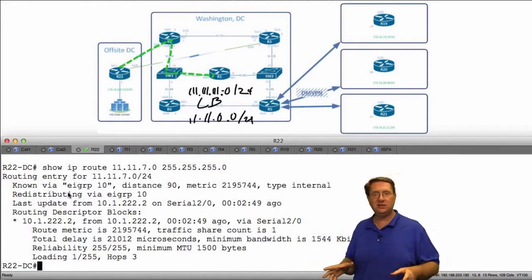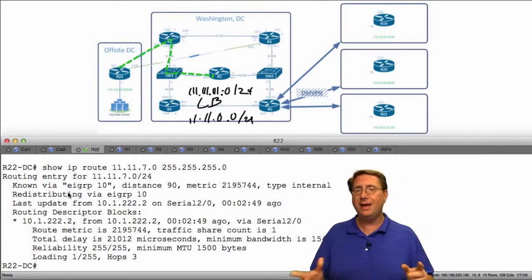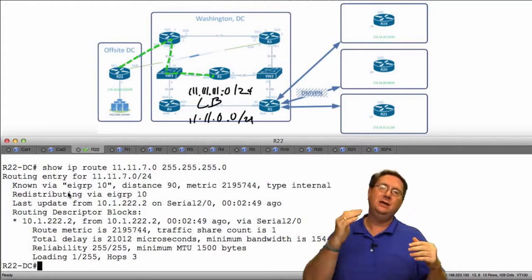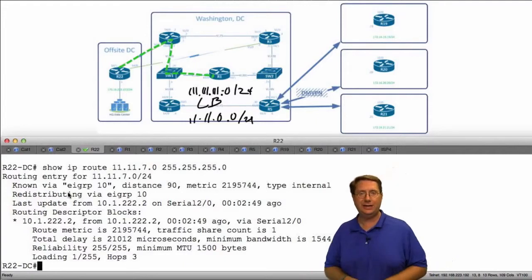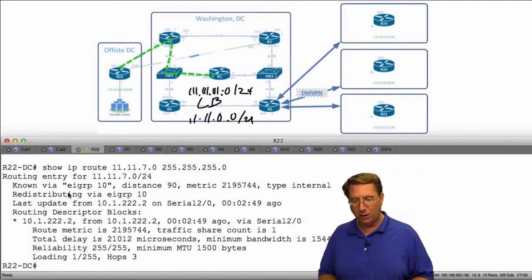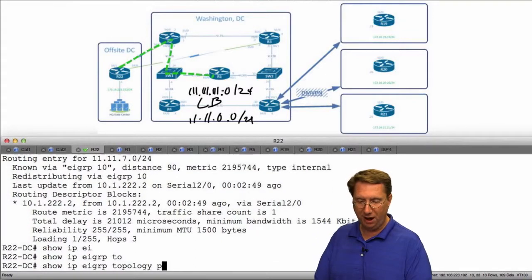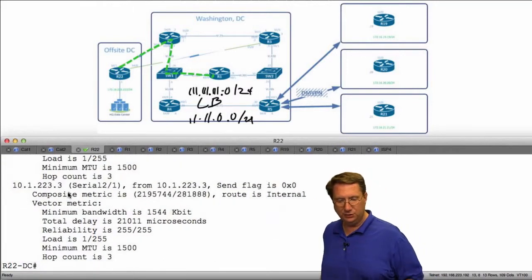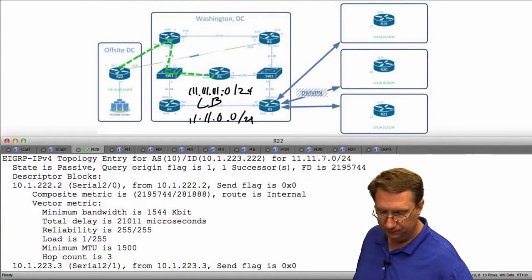The administrative distance is still associated with our particular prefix that we're learning. The metric is identical, but since the lower administrative distance is the more preferred, that's the one that's going to get picked. So we're going to be choosing the path through R2, not through R3. However, when we look at the contents of our topology table, so if I come in here and show IP EIGRP topology and paste in that 224 and I do enter, what we're going to see here is that I have my values